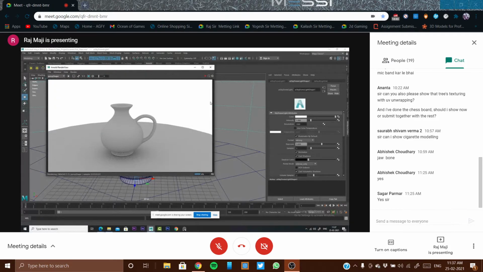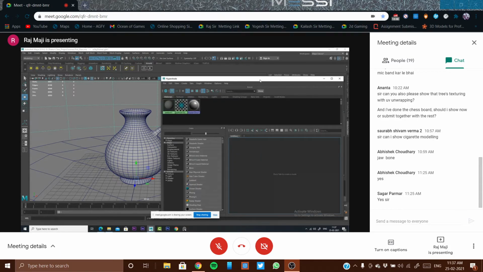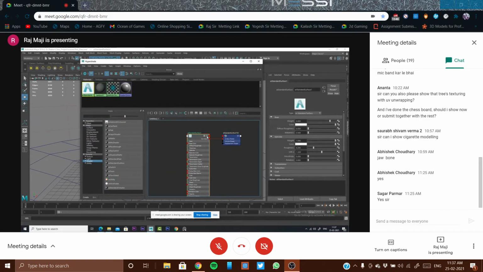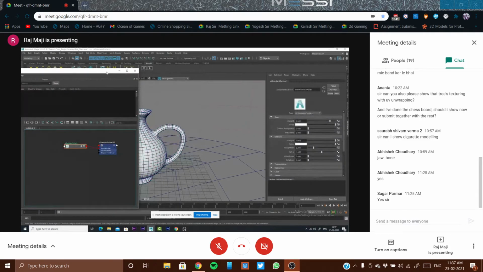All right. Okay, now let's convert it into a glass pot, by using Arnold. Let's check how to do it. So going to the Hypershade, very simple actually. Hypershade, and going to the shader, going to AI standard shader, and select. As I told, everything will be done through this only.